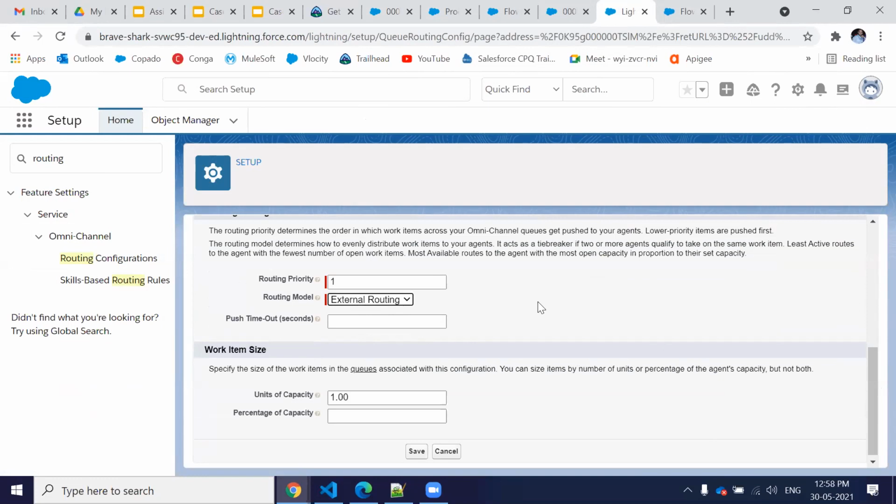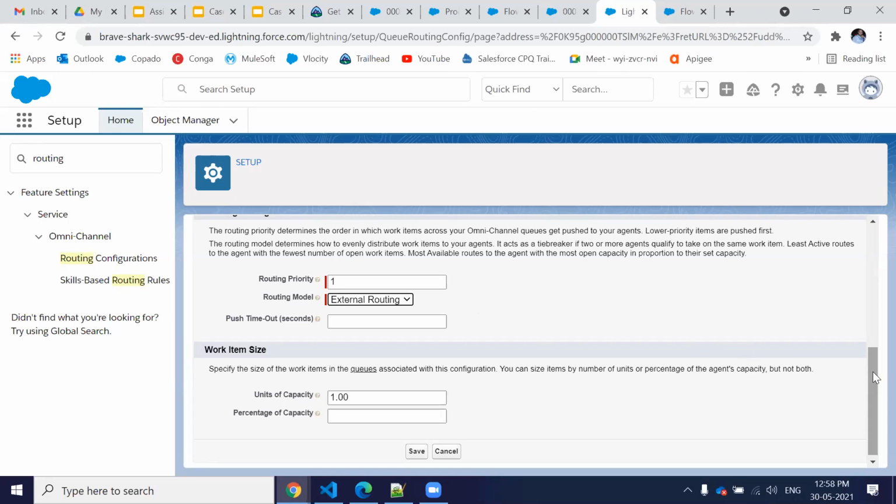In that case, if you're going to use the external routing configuration, you have to provide three things: the service channel ID, the routing configuration IDs, and your list of skill IDs to the external service provider, so they can work on that logic.